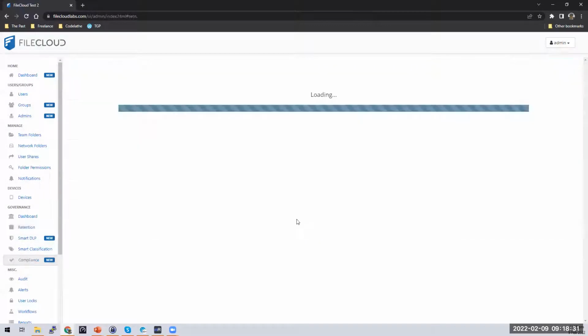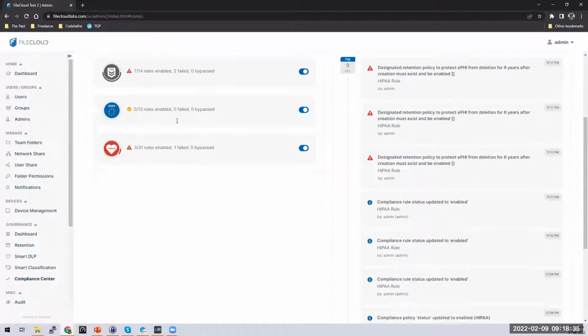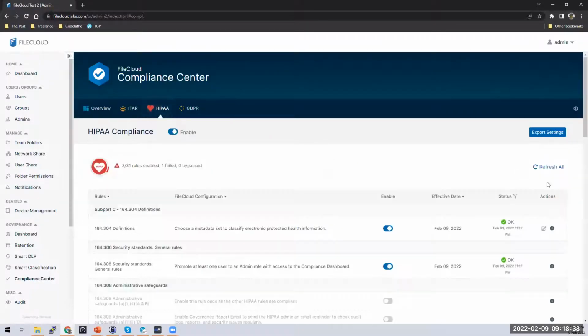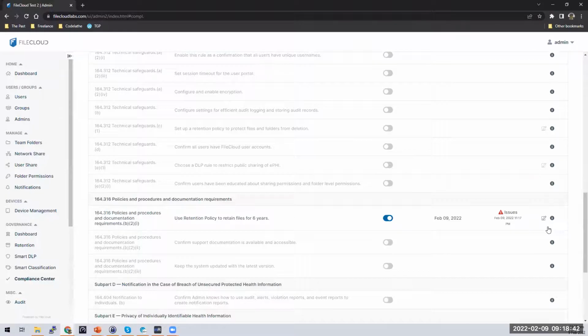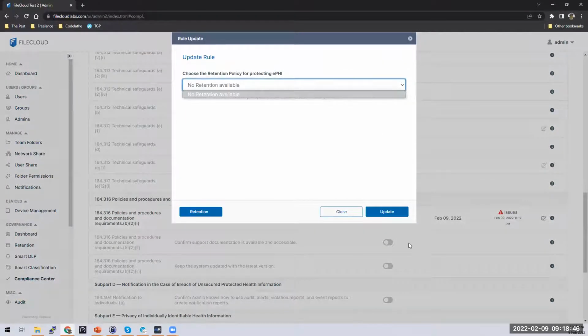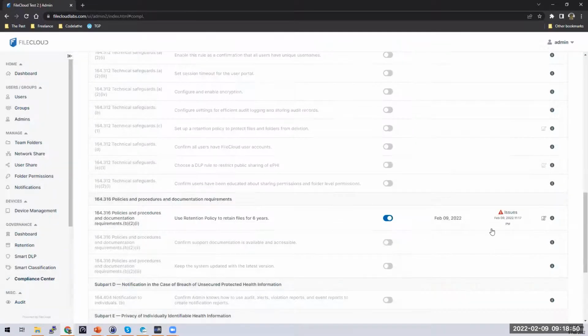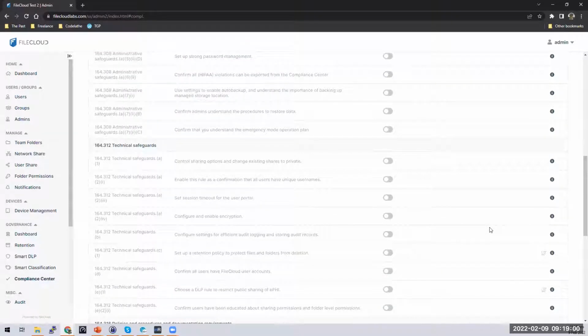Okay. Let me check. I might have misconfigured something on the retention policy, because that should allow me to select the retention policy to basically satisfy this rule for the compliance. So let me go back to this one. I may need to get back to you with some additional information on this as well. However, let me move ahead with the rest of the rules from the HIPAA